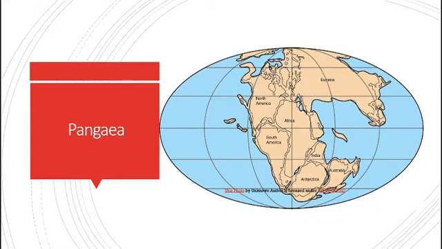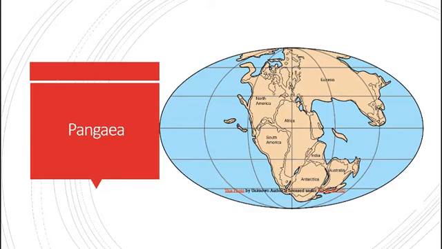Can anybody say this weird-looking Greek word? Pangea. Pangea was a geological, geographical theory. Now, theories are not something that's made up. There's a significant amount of evidence to prove it. But this is a theory that suggests that the continents were once all nestled together into one mega supercontinent,